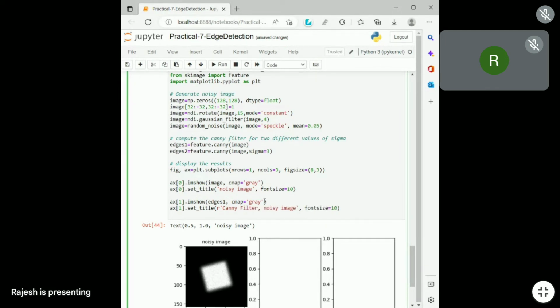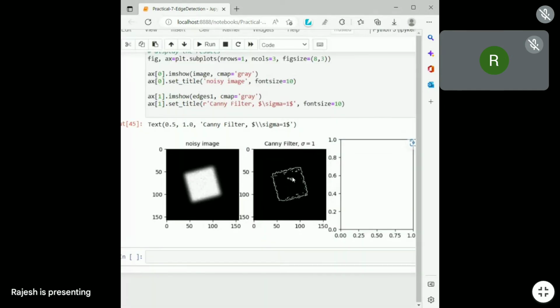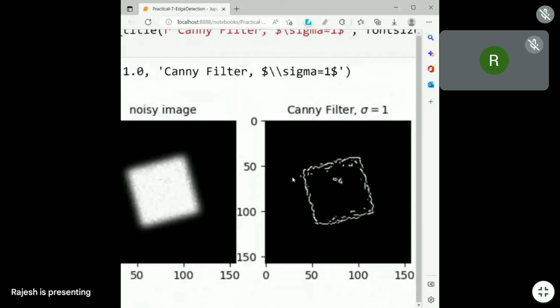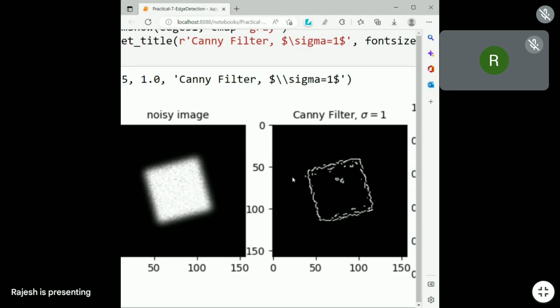Okay, let me say sigma का वैल्यू दे देते हैं, so sigma equal to 1। डिफॉल्ट जो वैल्यू है वो क्या है, 1 है and even we have not specified that। ओके, ये हो गया आपका सिग्मा। फॉन्ट साइज आपने 10 दे दिया। लेट्स सी सेकंड वाला, yes, now you see this is basically original noisy image, okay, and the second one is basically canny filter with sigma equal to 1 and you can see that there are edges that you could detect in those directions।